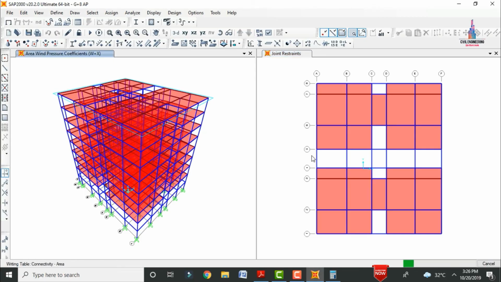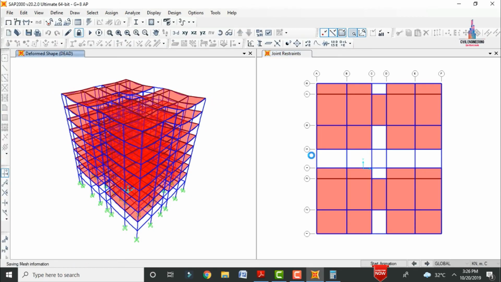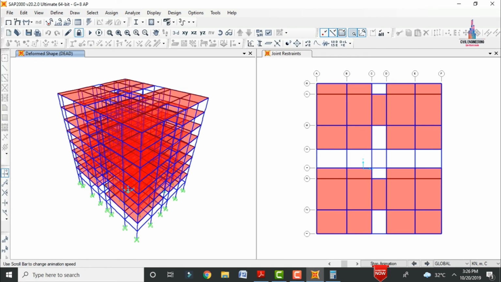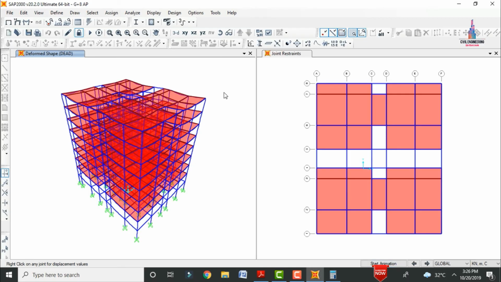After the analysis process is completed, we have to see the shear force diagrams, bending moment diagrams and deflection diagrams for this building under the action of different types of load cases. Now you can see my building showing the deflection diagram like this. You can check the deflection diagram as per the animation. Here I am selecting the start animation option. It will deflect the diagram due to the presence of the dead loading condition like this.